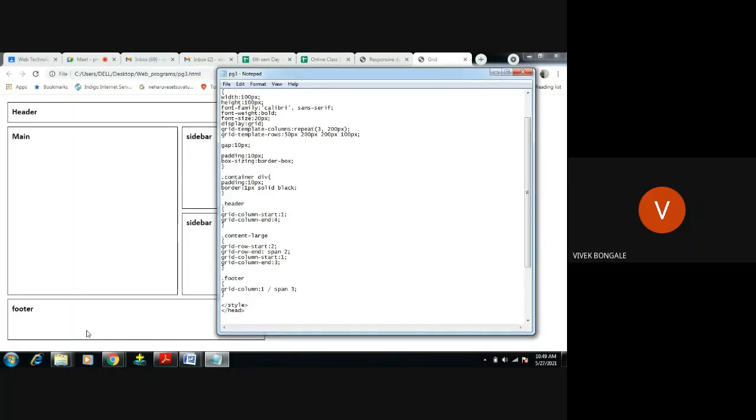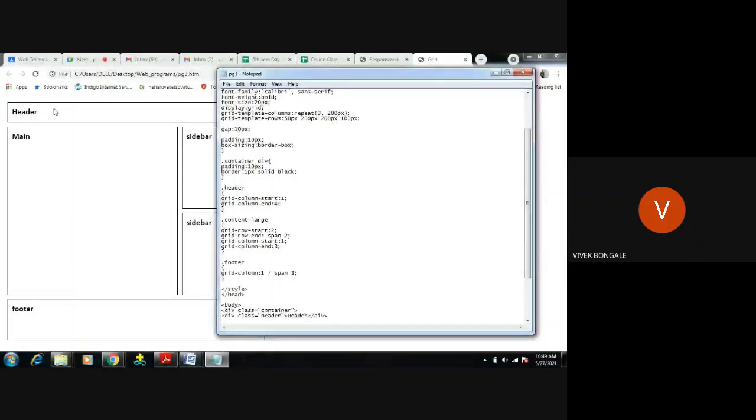Header, I need this space, some like 35 pixel, means 35% or 35 pixel width, 75 pixel height. Right? The same way we are doing here. We are creating one more container here under div. Okay, div open. Padding of 10 pixel, border size of solid 1 pixel, solid black.